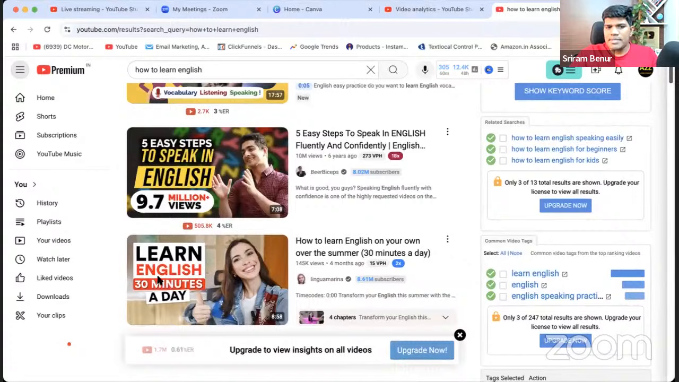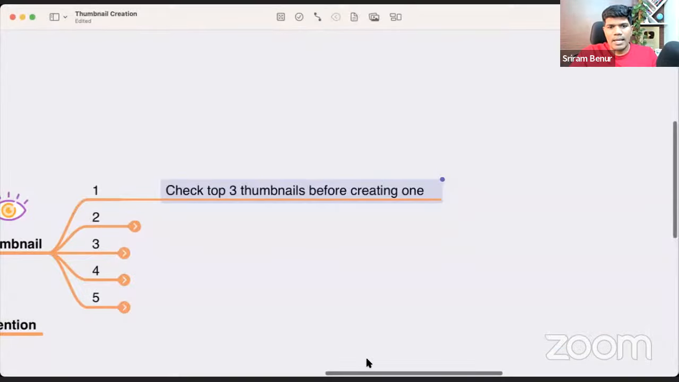Here it is 5 easy steps. Here it's 10 minutes, right? So that's how you should be observing, and take about 4 to 5 thumbnails as examples. Okay. Now that's step 1. Now let's come to step 2. Where's my mind map? Let me just quickly go to my mind map here. Okay. Now step 2